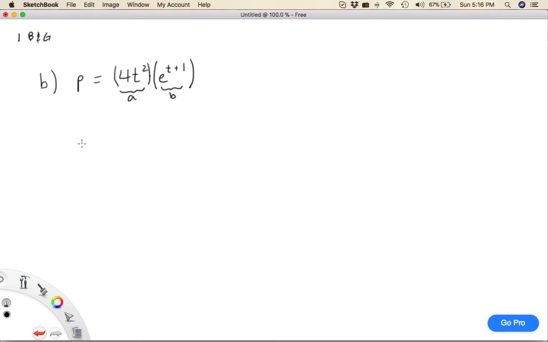Okay, so the product rule would be the total derivative is going to be the derivative of A times B plus the derivative of B times A. So we're just going to go over here and figure out A prime. Well, if A is 4t squared, then A prime should be 8t. And if B is e